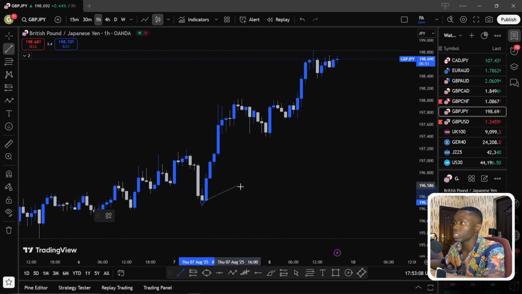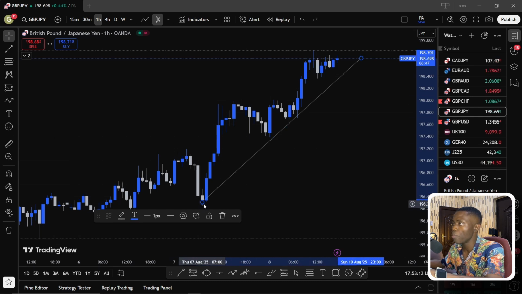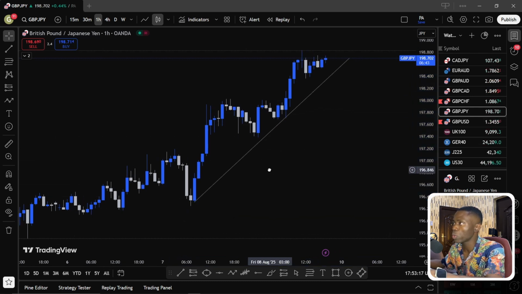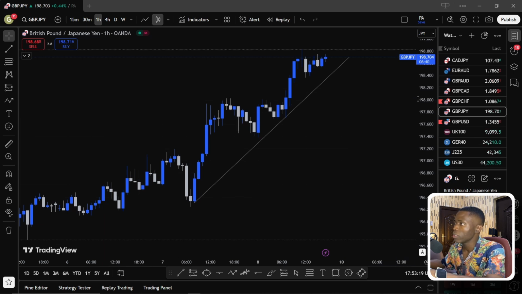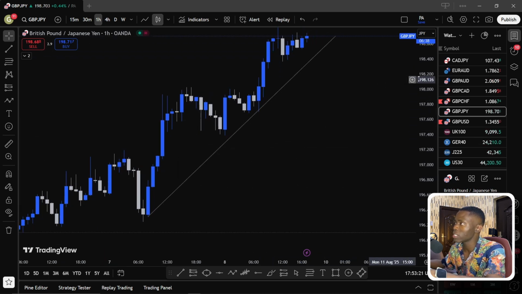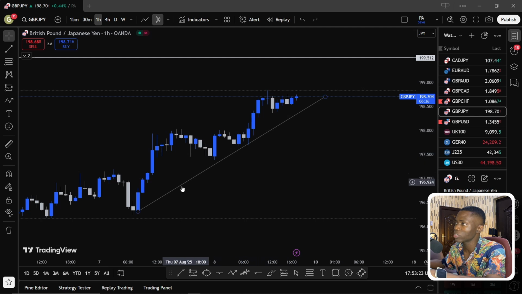Now when drawing this, it's okay for the wick to break out of the level, but it's not okay for the candle itself to break out of it. So you can always look at the wick when you are drawing it. Now in this situation here, we have it right here. Here you can see we have the trend, the first one here, the second one here, and the third one